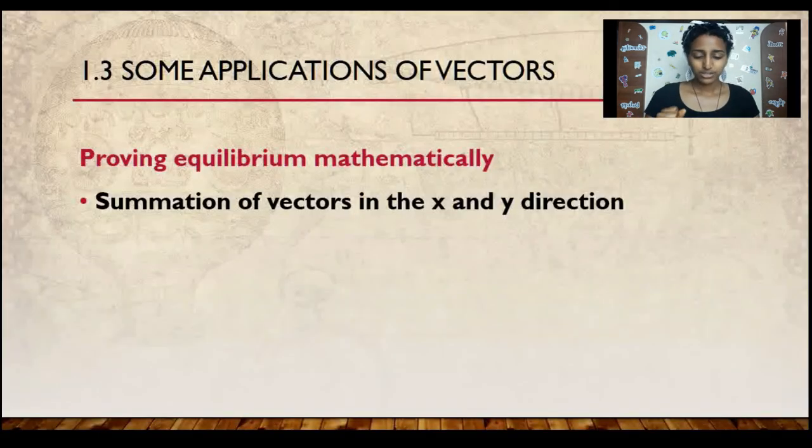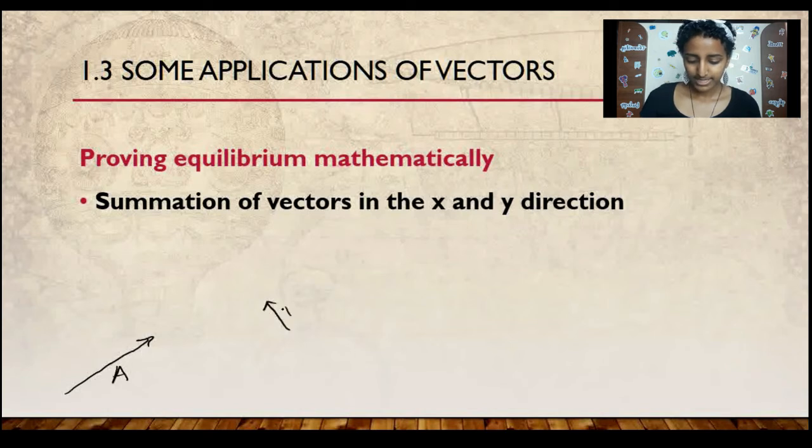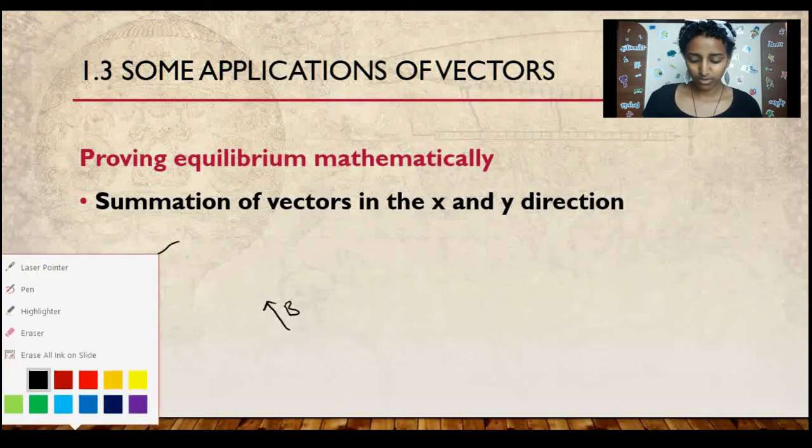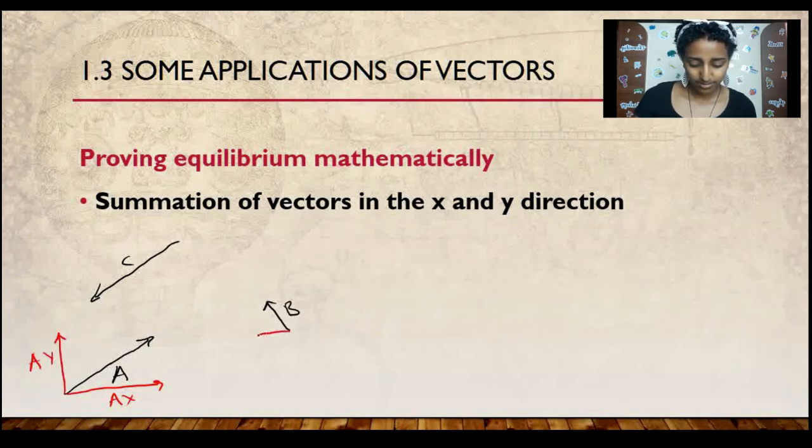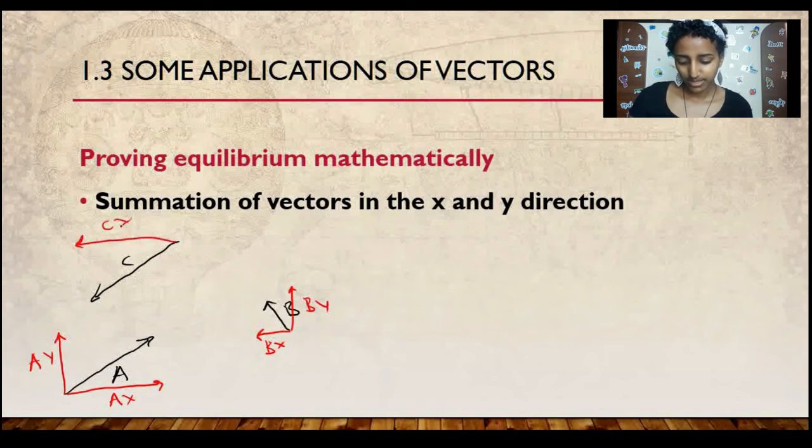Okay, so if I were to draw this again, it should be with numbers, but let's say we have our three vectors, A, B, and C. Let me just roughly draw what I believe the components would be. For vector A, the AX component would be like this, and the AY component would be like this. For B, I would put it in the other direction. This would be our BX component, and this would be the BY component. And for C, this would be the CX component, and this would be the CY component.